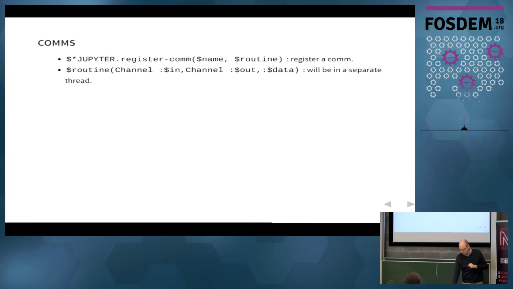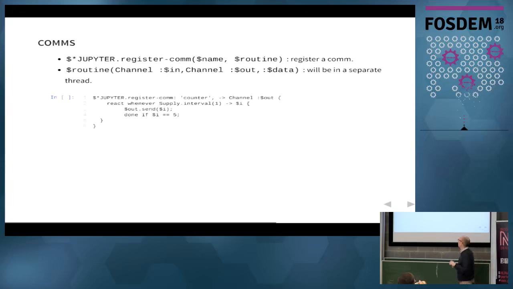Okay, so the way it works is you use a variable called $Jupyter, and you register a com. And what that means is you say, take this name and associate it with this function. And the function then is going to get two channels. So in Perl 6, a channel is a built-in data type. A channel is a thread-safe queue for stuff that's going in one direction or another. So I'm registering a com here called counter, and